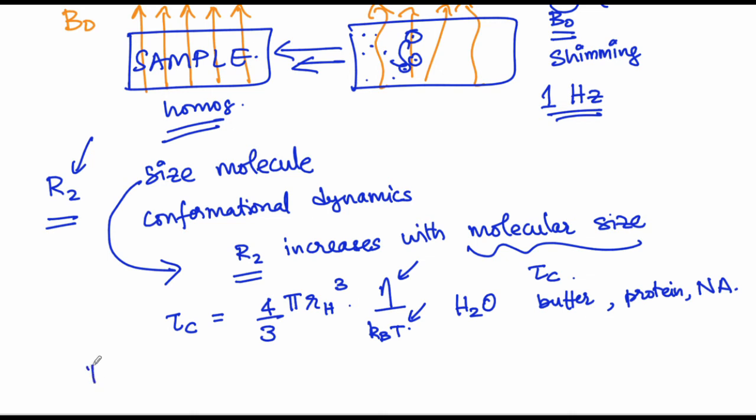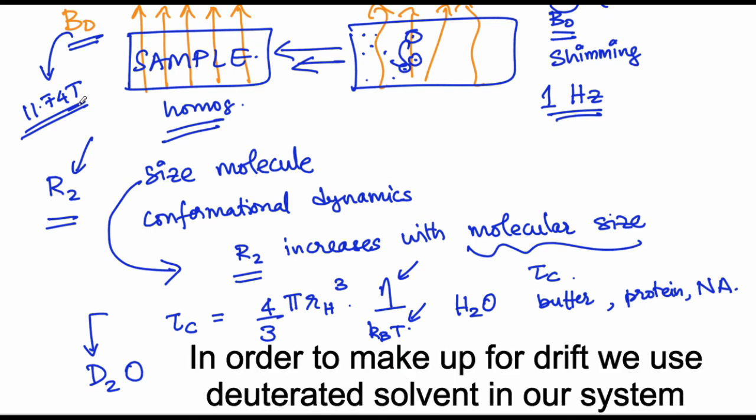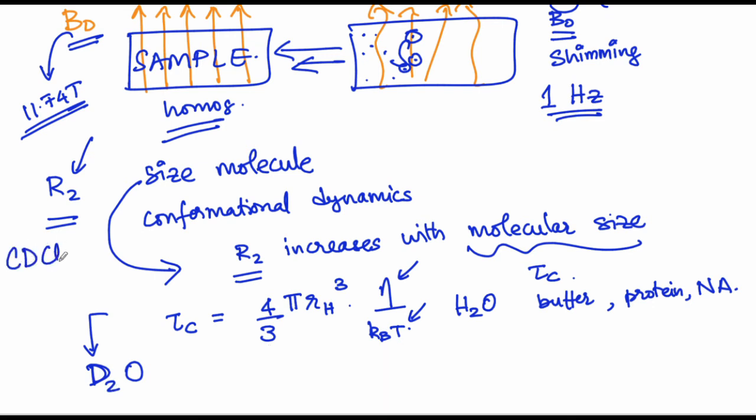It's quite common to use a deuterated solvent in NMR spectroscopy so as to make sure the fields do not drift. We just saw that you need to have a homogeneous field, but it also matters that the field doesn't drift. This could happen largely because you are using very high magnetic field strengths, and therefore these magnetic fields could get perturbed due to subtle changes in the surroundings. In order to make sure that doesn't happen, we use a deuterated solvent in our system. For organic molecules, it's quite common to use deuterated chloroform and DMSO-d6. Since we are working with biomolecules which are soluble in water, we end up using D2O.